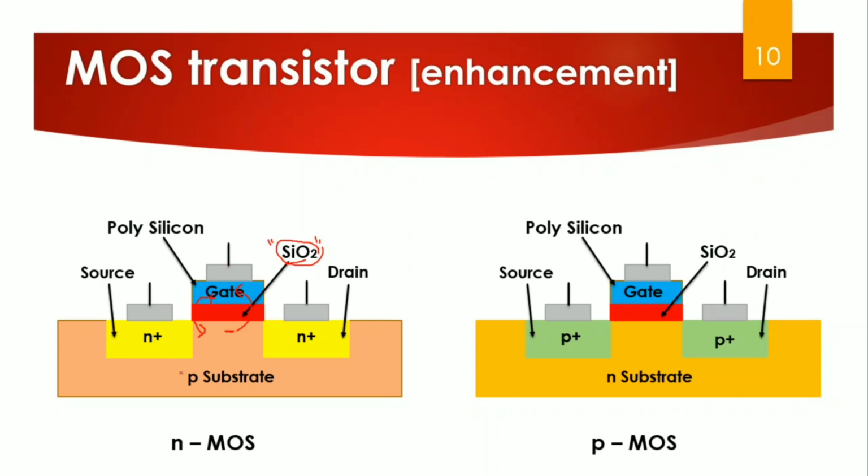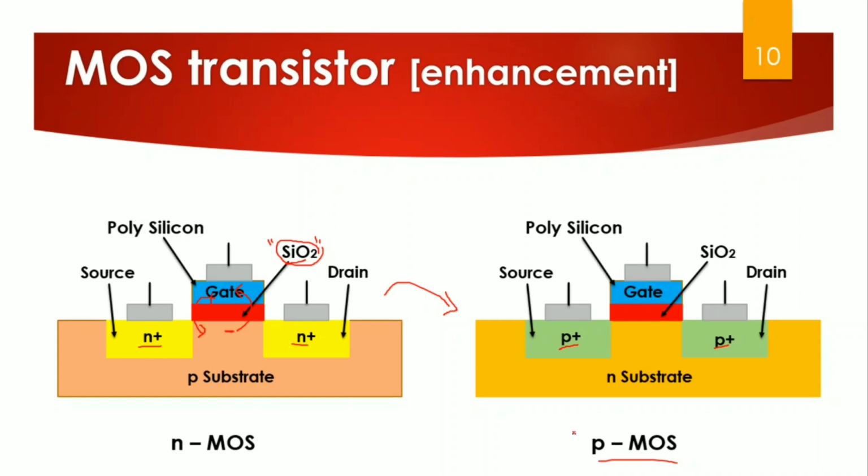So this is about the NMOS enhancement mode transistor. Why is it called NMOS? Because you have the source and drain made up of N-type material. If I go with the P-type material, you have an N substrate, in that you have P plus material, and all other structures are similar. Then it is called a PMOS enhancement mode transistor. So this is about enhancement mode P-type and N-type transistors.